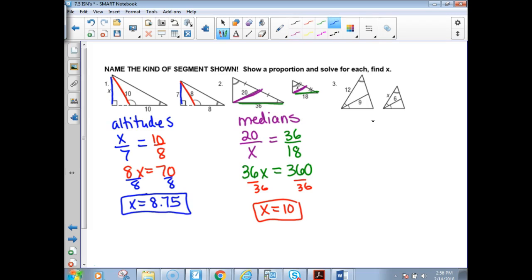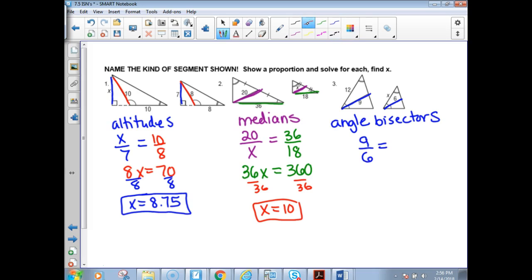Okay, on number 3, what is this thing? You see the little arcs there? Yep, that means it bisected the angles. So those are angle bisectors. All right, and I'm going to do the angle bisectors compared 9 to 6